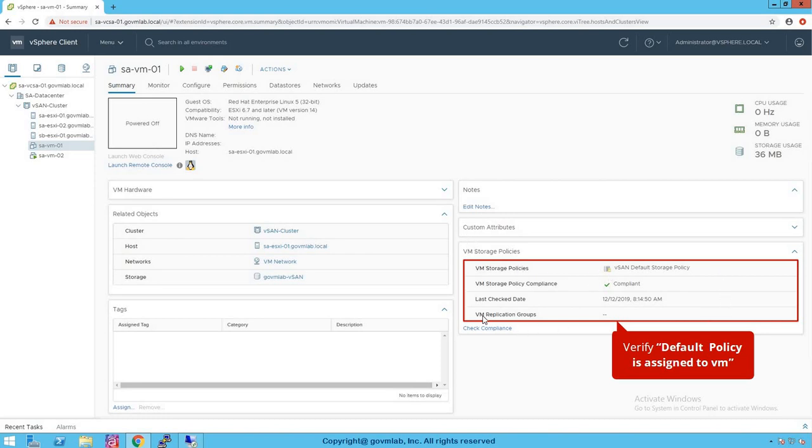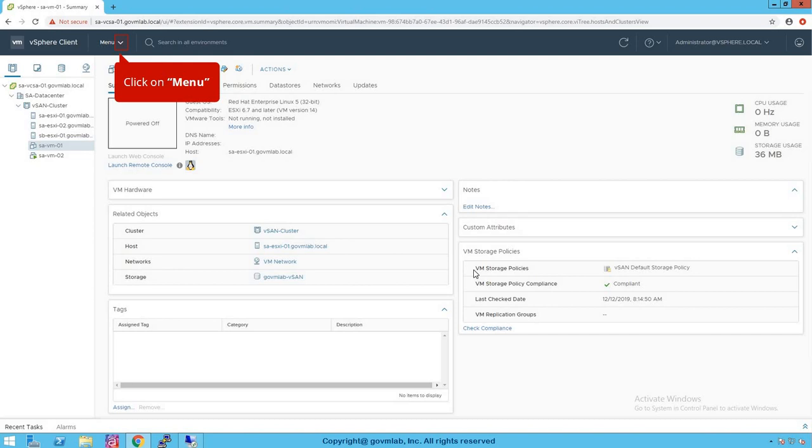And if you notice on this side, VM storage policy, you might have noticed that the VM storage policy is vSAN default storage policy. What does that mean? It means that this particular virtual machine has the default vSAN storage policy assigned to it, and this virtual machine is in compliance with that storage policy. And if you look at the storage, it shows as lab-vSAN, which means that our VM is sitting on the vSAN datastore. So we are pretty good from the VM configuration perspective, and the VM is in compliance with our storage policy.